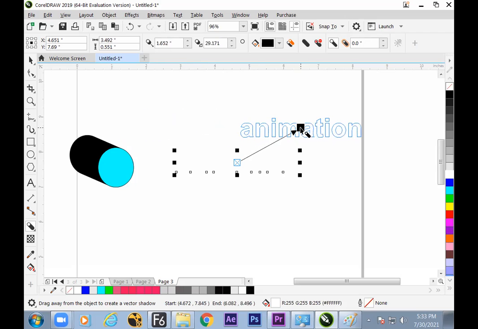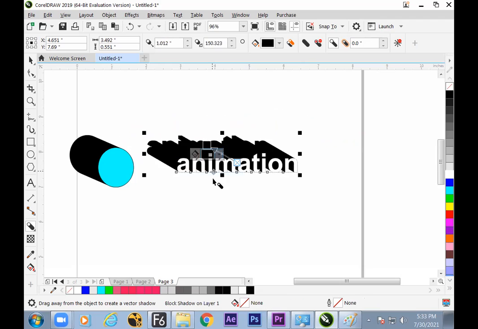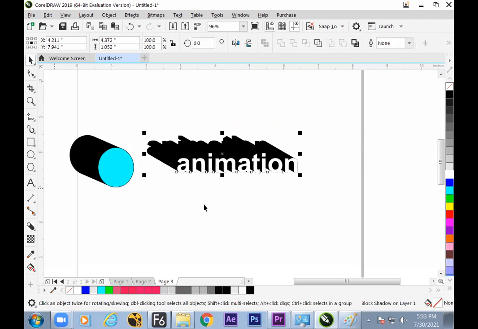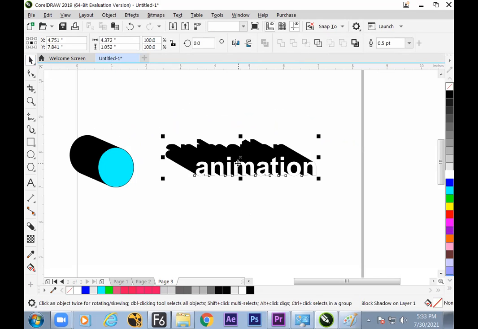To any extension you can go and it will be a very flat shadow. Quite often we find this kind of shadow used. And the difference between drop shadow, extrude and block shadow could be a question. Block shadow, drop shadow, extrude differentiating.